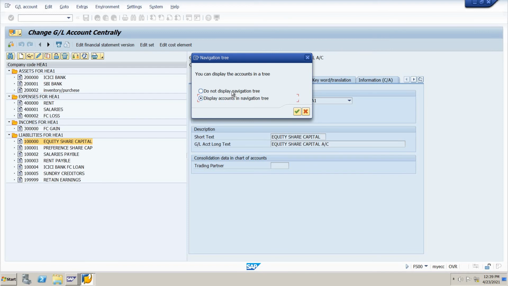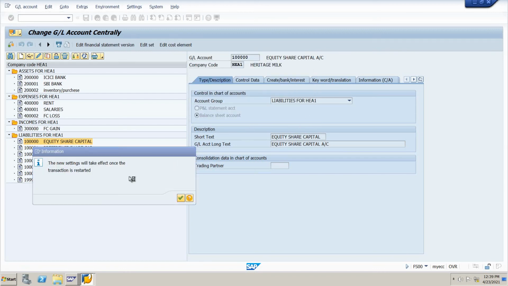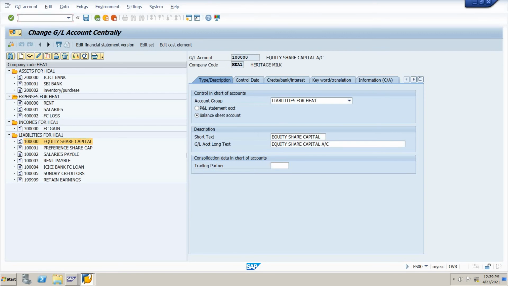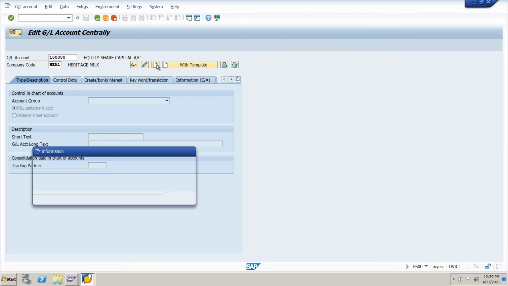If you do not display the navigation tree, how do we create the GL accounts? Okay, here it is. If you want to create a new GL account, you have to go to GL accounts, new, create.